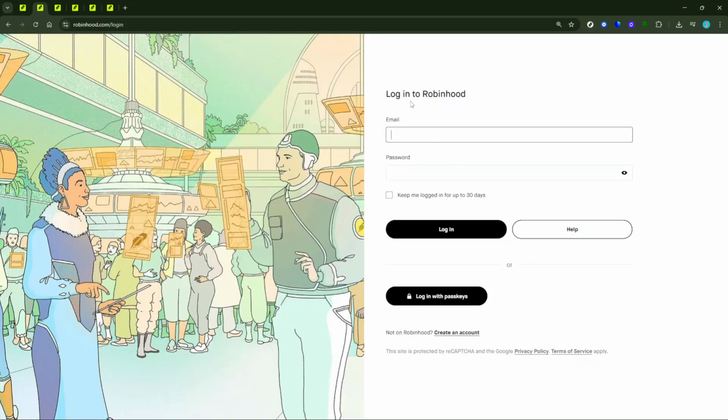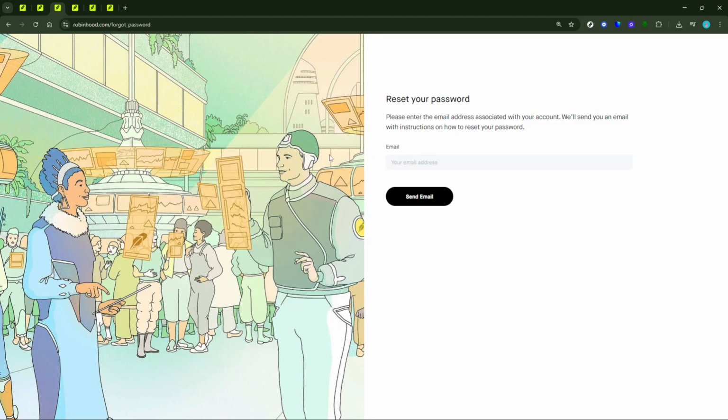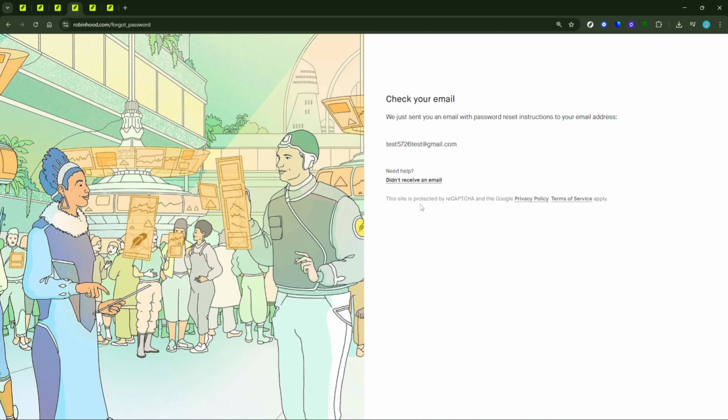But if you run into trouble with your password, don't worry. There's a simple fix. Click on the help link, which you'll find near the login area, and select Forgot Password. You'll be guided through the password reset process, which usually involves checking your registered email for a reset link. Follow the prompts to set a new password, then head back to the login page and try signing in again